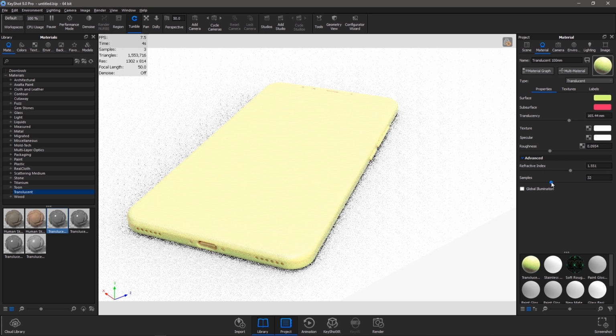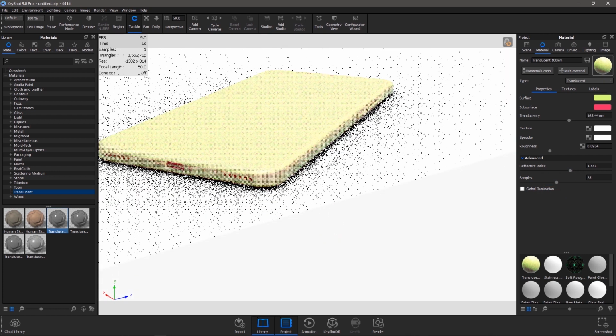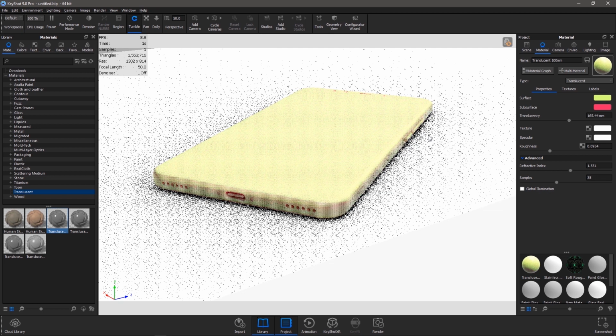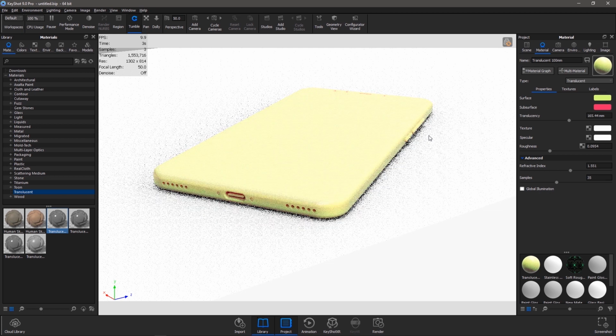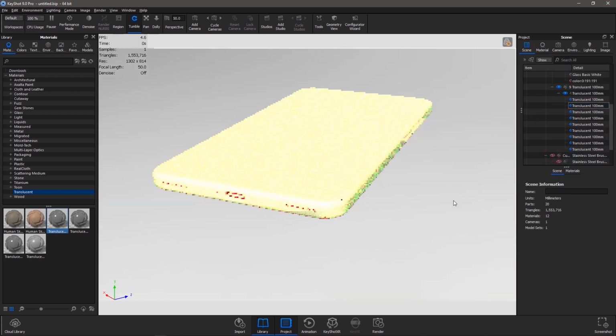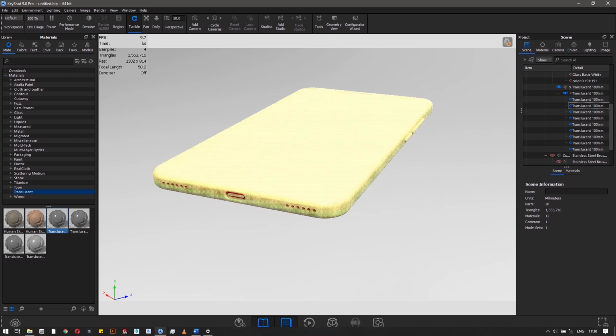Next parameter is translucency. It controls how deep light penetrates into and through the surface, depending on the units. The next one, texture, controls the surface color settings. This color multiplies and blends with the texture color. If it is set to white, it won't affect the surface color. Next are roughness and specular, which we have already discussed.